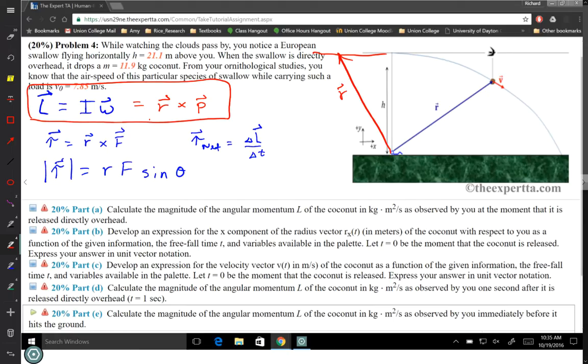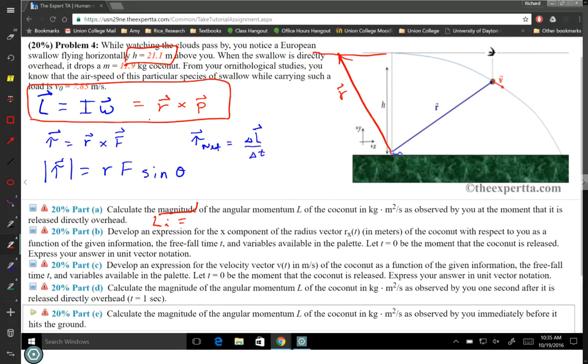And the problem gives you what that perpendicular radius is. So the angular momentum that this coconut has initially, and everything we're doing has to do with the coconut, not the swallow, is just going to be that height